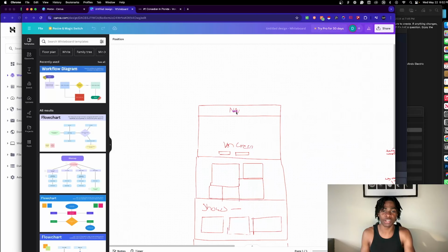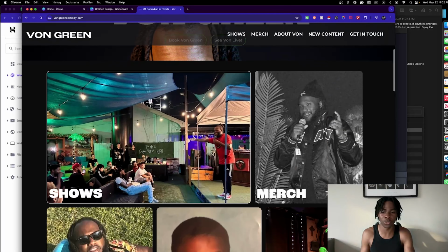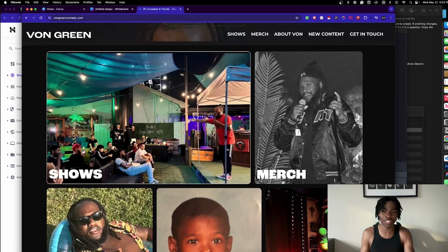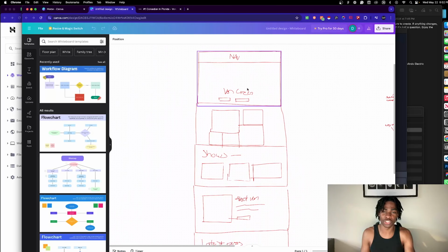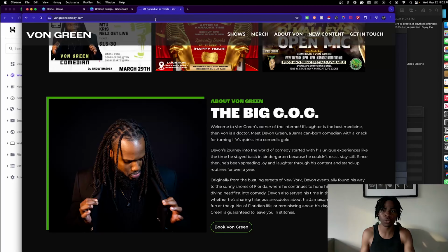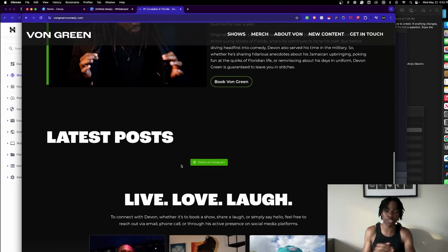It was a hero here, navigation bar. We have his name and the 2 buttons. Exactly how I drew it out. Same with these sections here. Exactly how I drew it out. Shows, upcoming shows, exactly. The About Us section is pretty self-explanatory. The only thing, I have to connect the social medias right here, but I'm going to do that today,